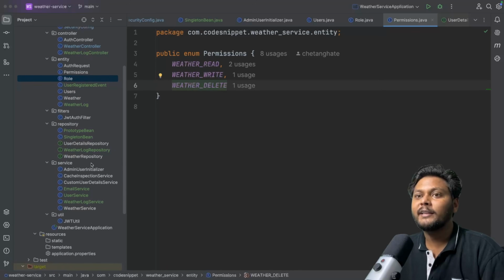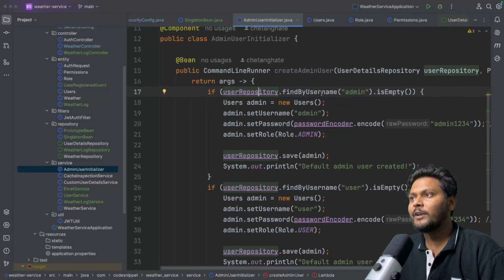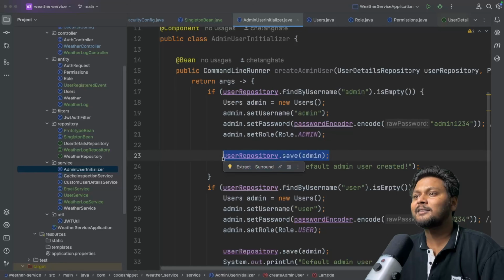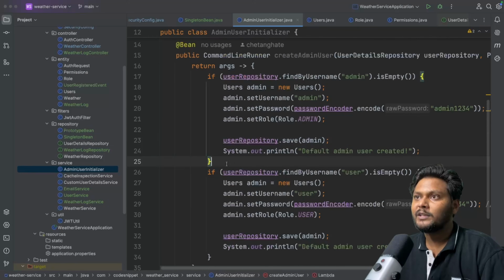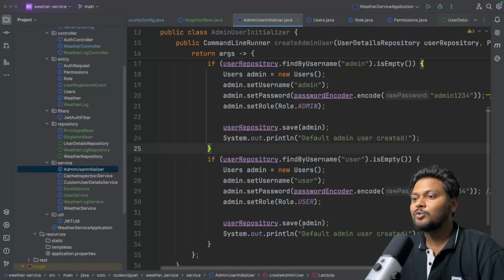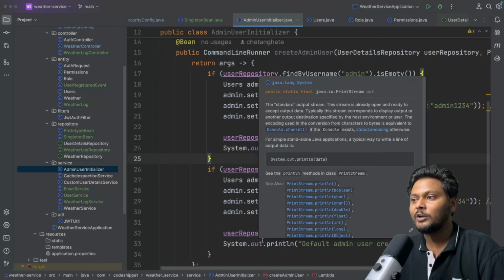And if you remember how we are creating users over here, we have something called a command line runner, right? Here we are just creating a new admin, giving some password by using a password encoder, and saving that into a repository. But this is not an ideal way of doing that. You cannot create users inside your real-time application like this. Here we have quickly created this admin and user for demo purposes, but it should not be used like this inside real life applications. In real life applications, we should be creating users and admins in a different way. That is something which we are going to look into in this particular video.